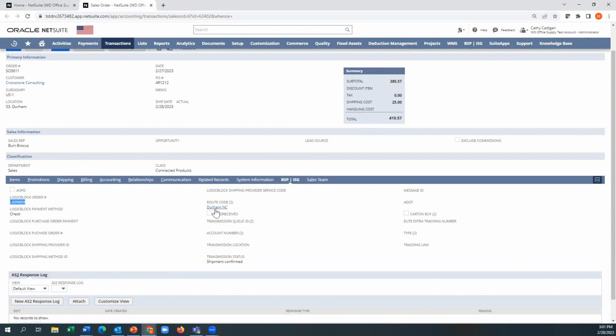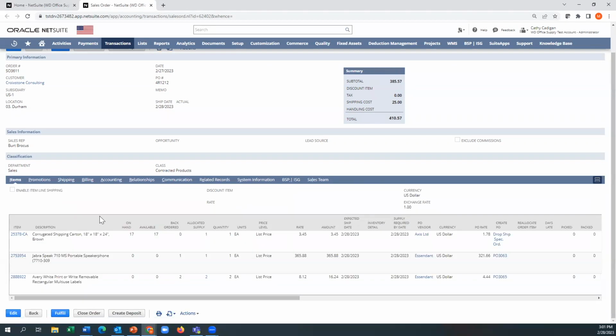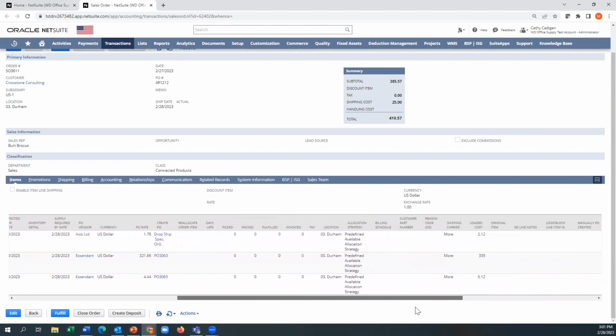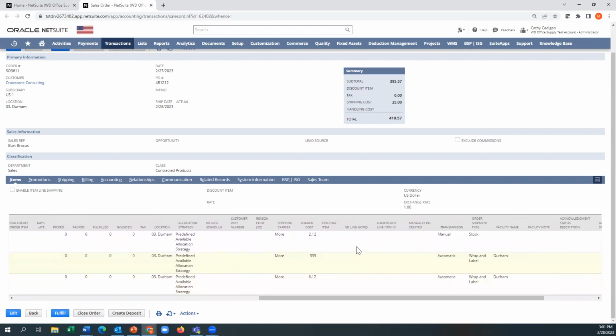It's calculating the route code, it's confirming the transmission status, but we're able to search by any field that we brought in automatically, right? That's important, including if I scroll over here to the right, you can see my loaded costs are being brought in.